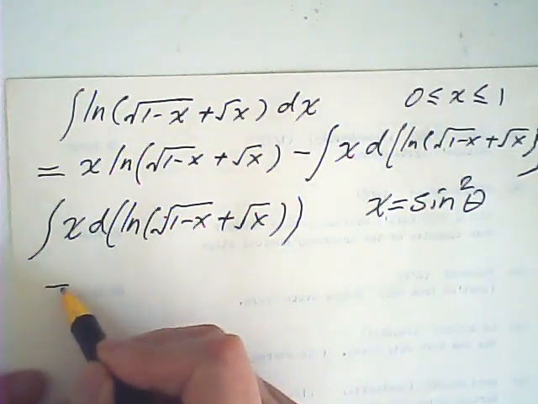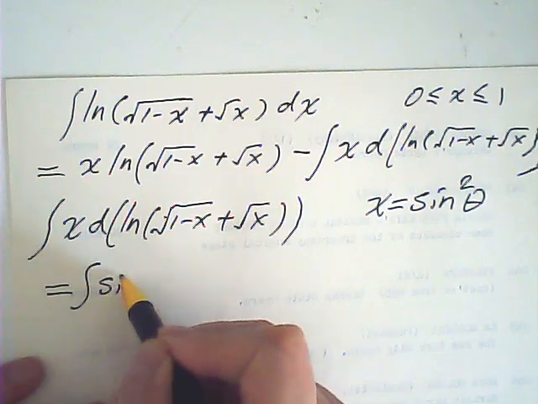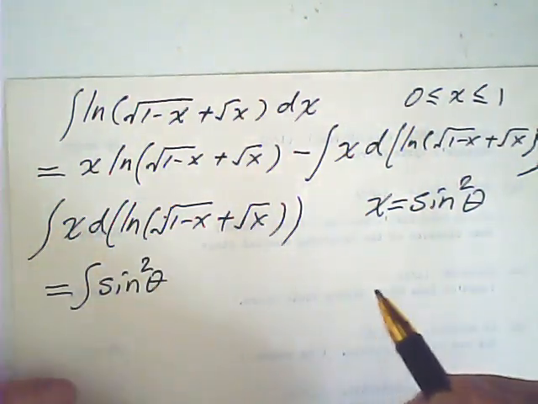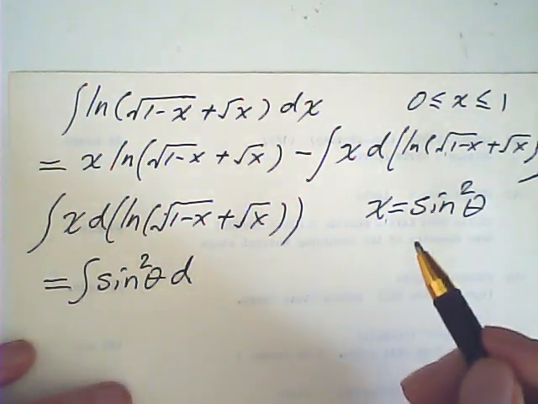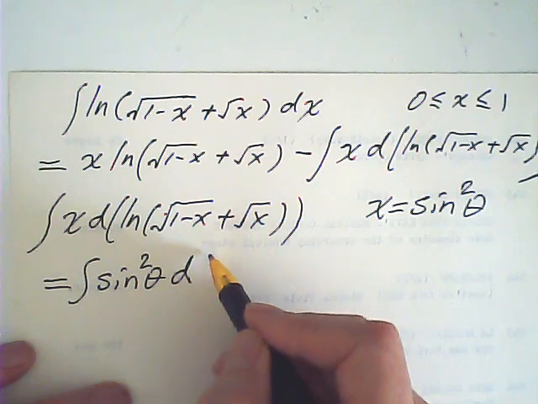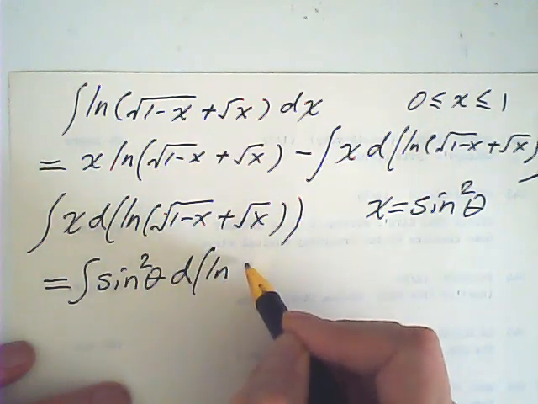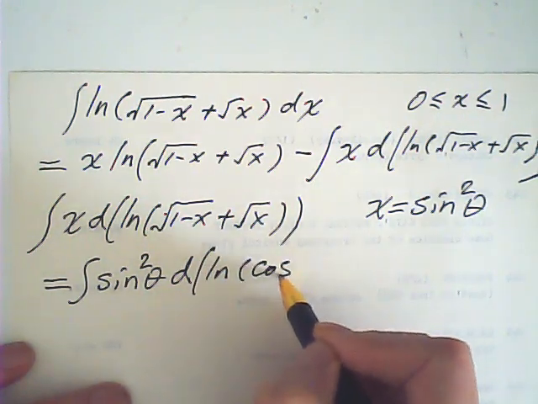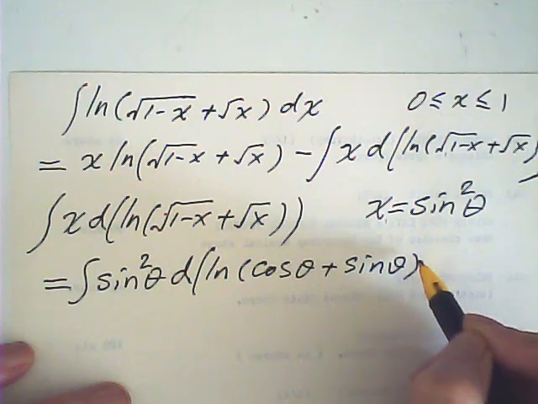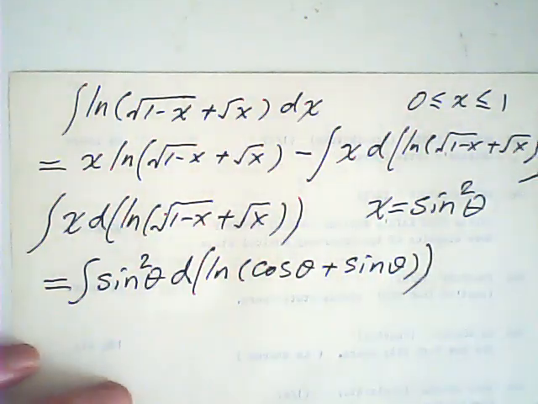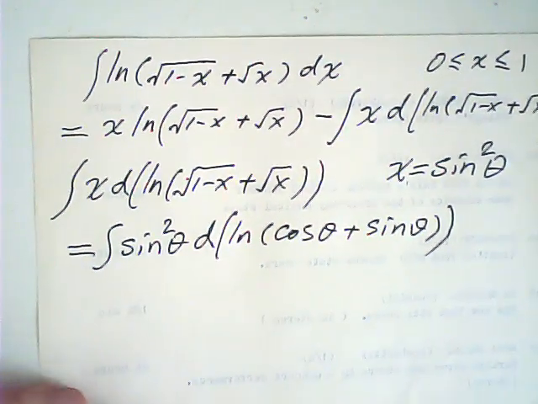So this one is equal to the integral of sine squared theta d of the natural log of cosine theta plus sine theta. Very good. Now here,